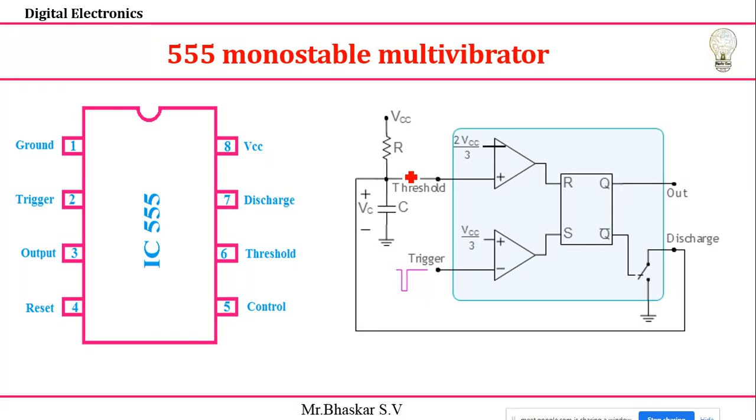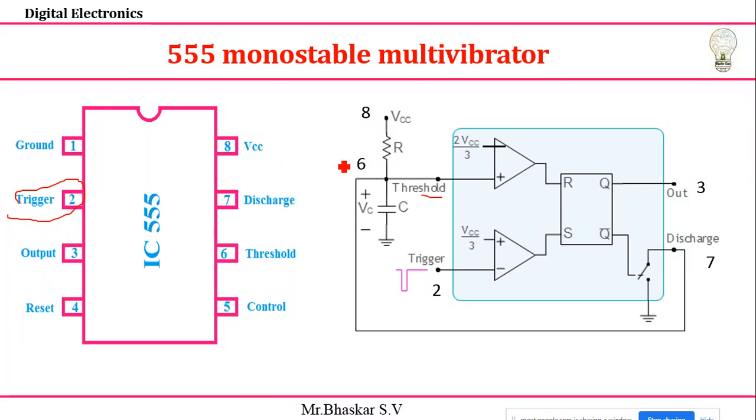So this is the circuit we discussed for the monostable multivibrator, and I'll just mention the pins here. Tell me, by seeing this, what is the threshold pin? First I'll go for VCC, which is 8. Next, threshold is 6. Next, trigger is 2. And next I'll take output, which is 3, and discharge, which we are going to take as 7. These are the pins we need to connect.